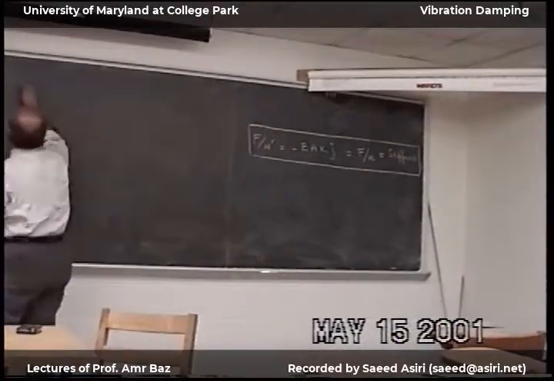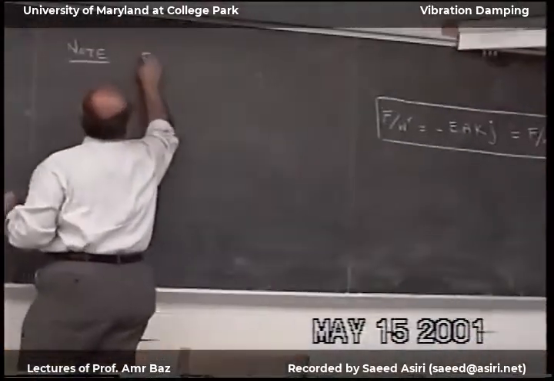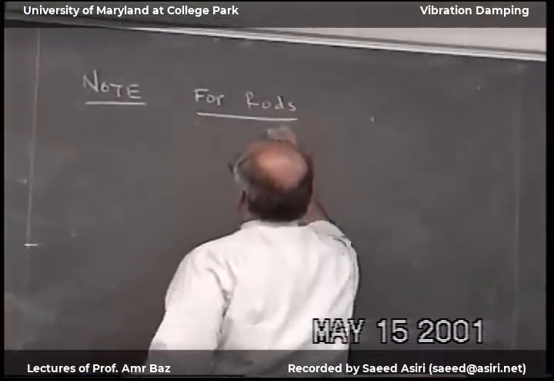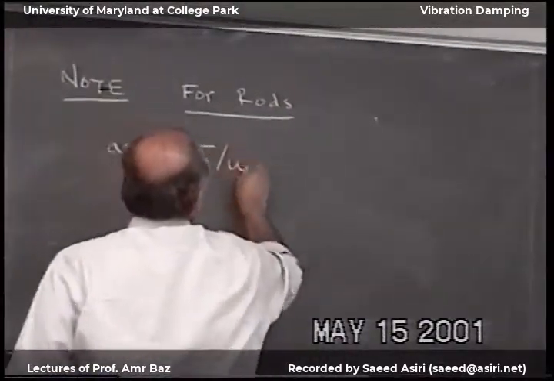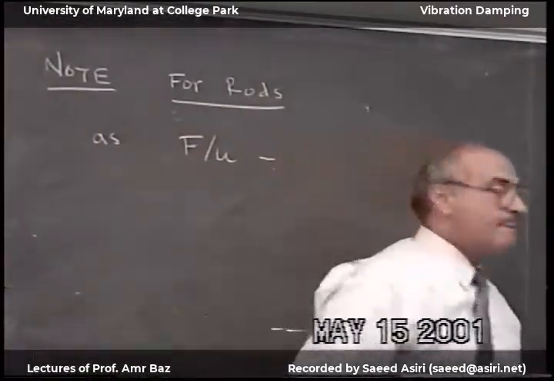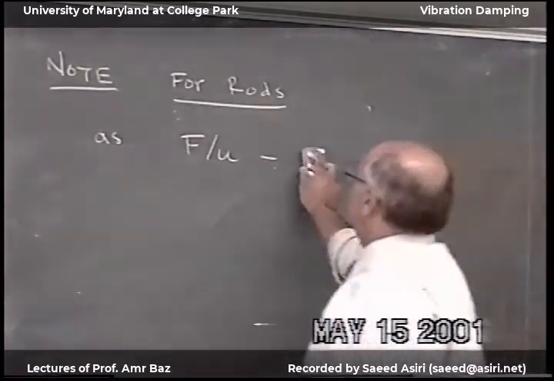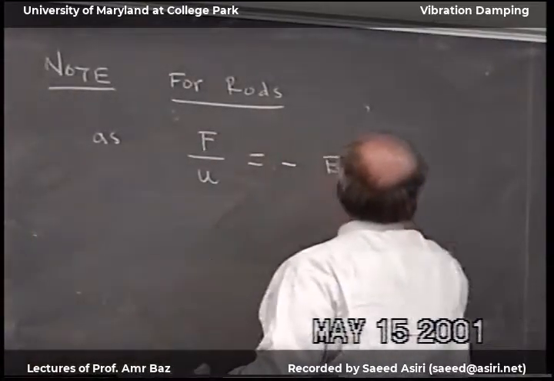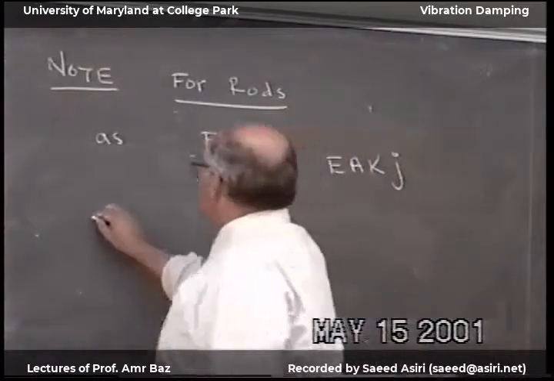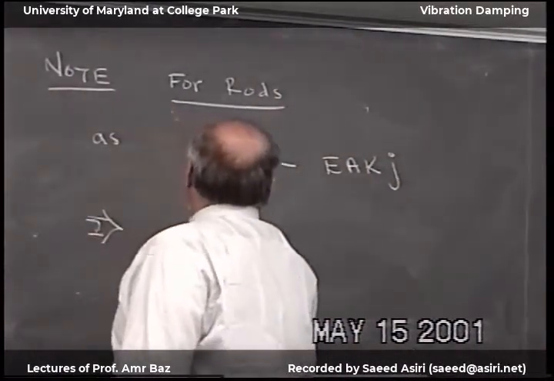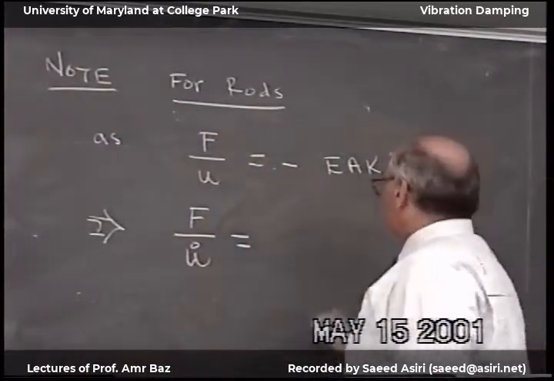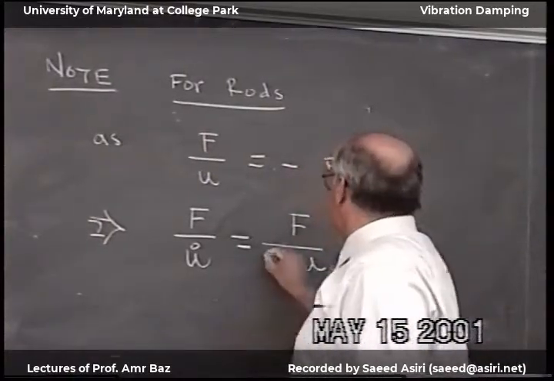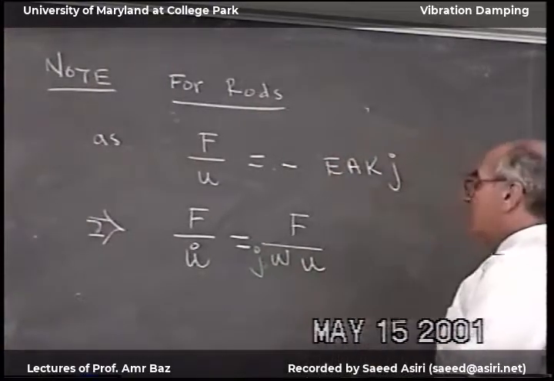See here a side note for, again, rods: F over U is equal to minus EA kj, then F over U dot will equal to F over U, and if I have a sinusoidal motion, then this will be j omega, and this will equal to,